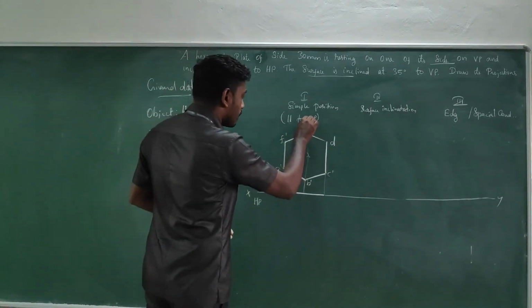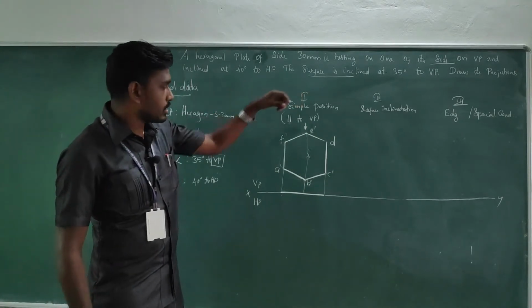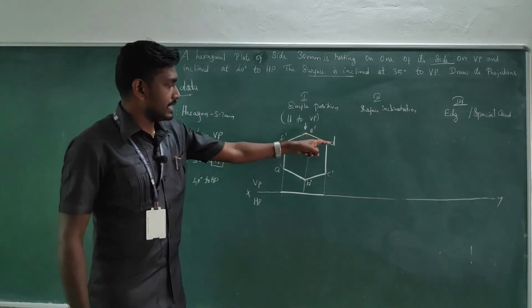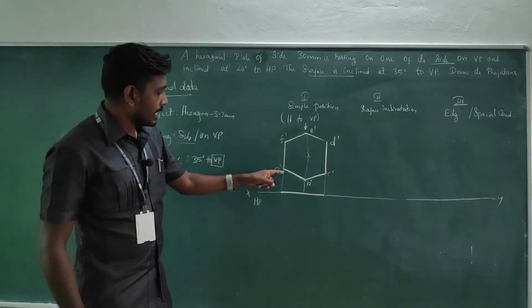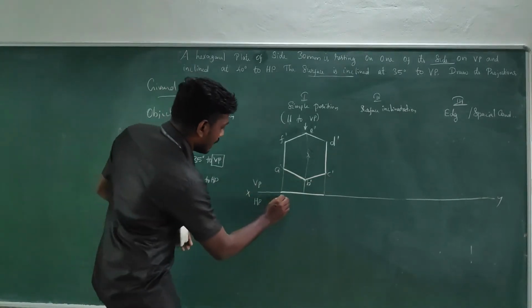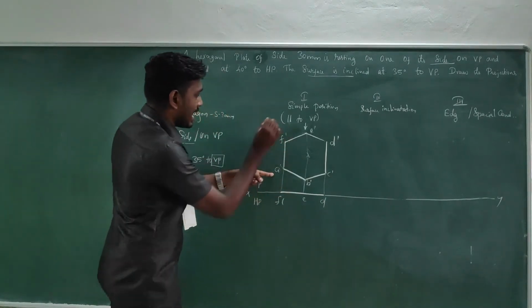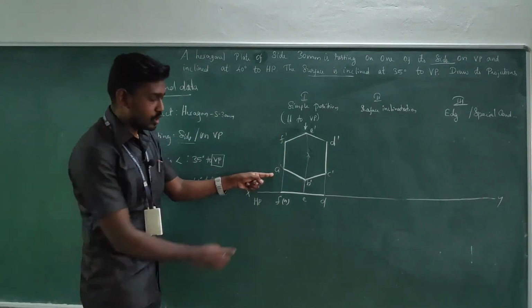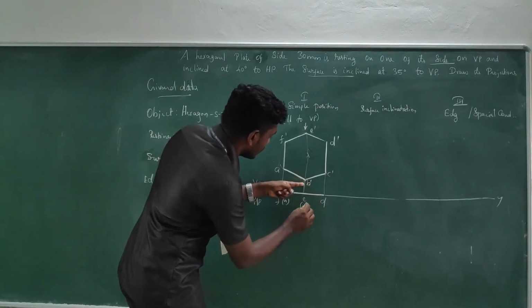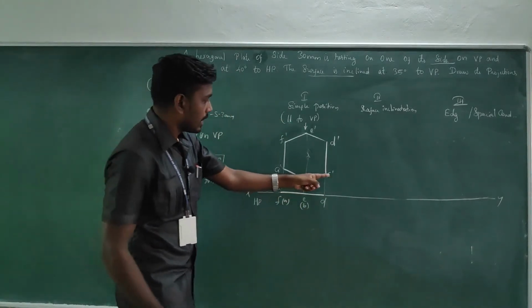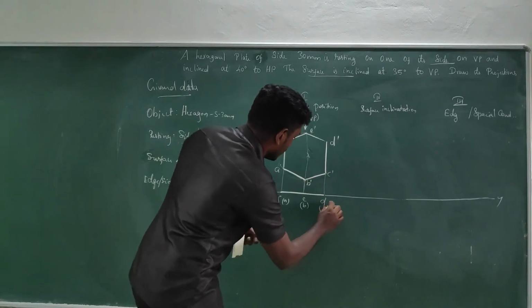So for marking down the visible edges, how to look at the object like this, so that I can say F, E, D will be visible, F dash, E dash, D dash will be visible, and A, B, C will be invisible. F, E and D are visible. A is lying behind F, so A should be captured nearby F, and D is lying behind E, so nearby E capture D inside the bracket, and C is behind D, so nearby D mark C inside the bracket.